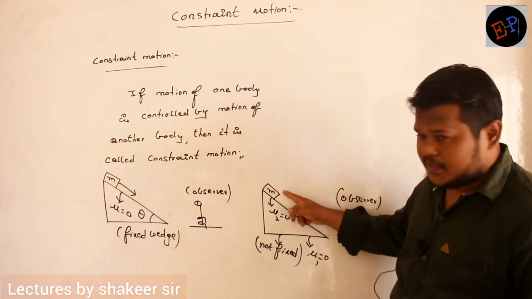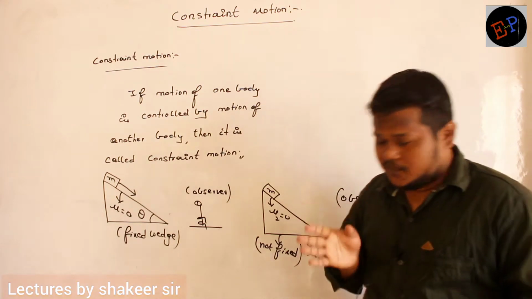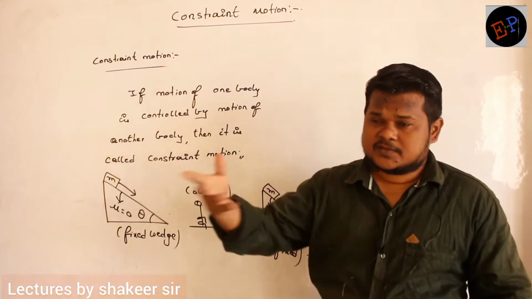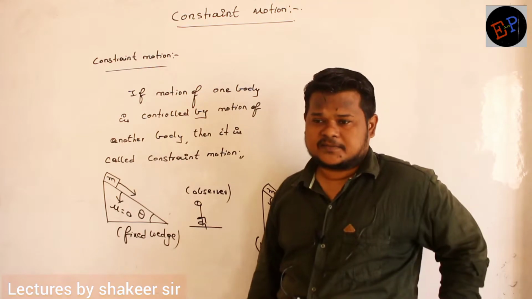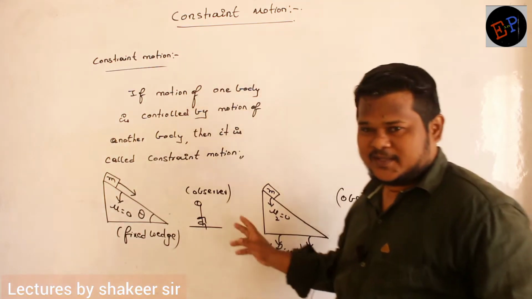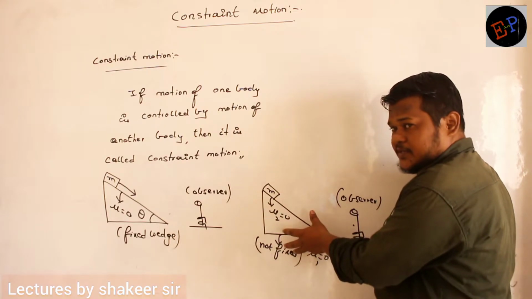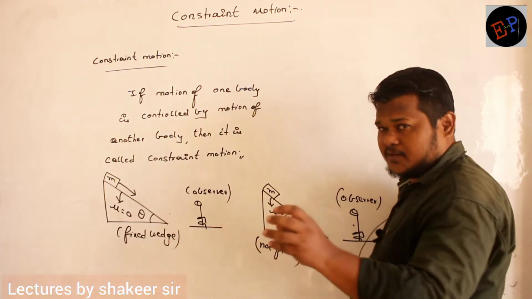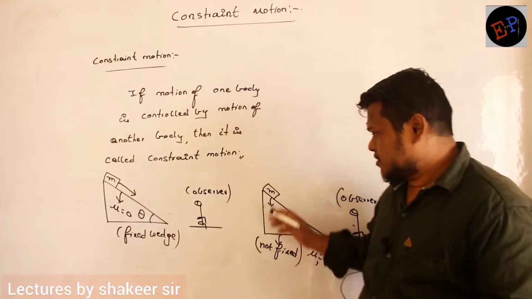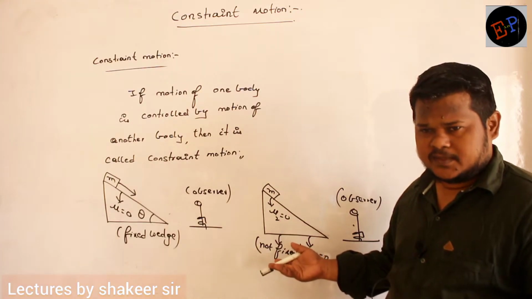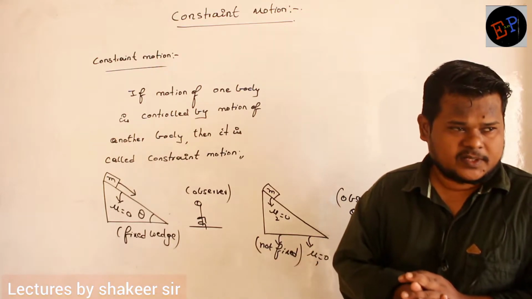So therefore, this mass small m will have two velocities. One velocity is in this direction, one velocity is in this direction. Okay? So what is the net resultant velocity? Is this mass small m losing contact with the wedge? No. And similarly, it is coming downwards also. Why is it coming downwards? Because there is no friction. So definitely it will come downwards. Are you able to understand now?